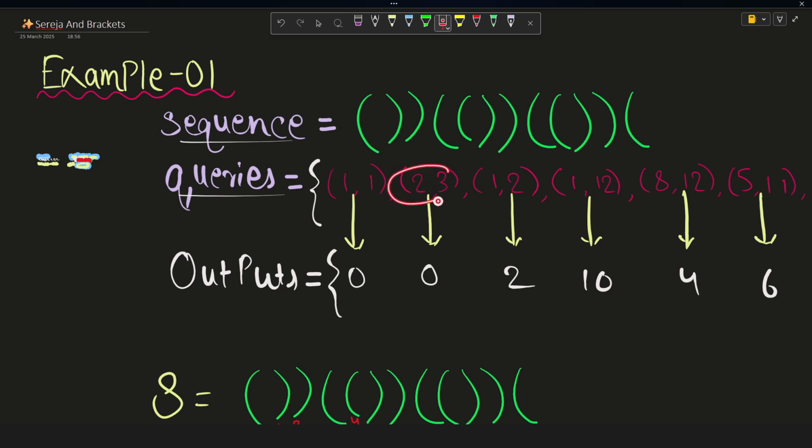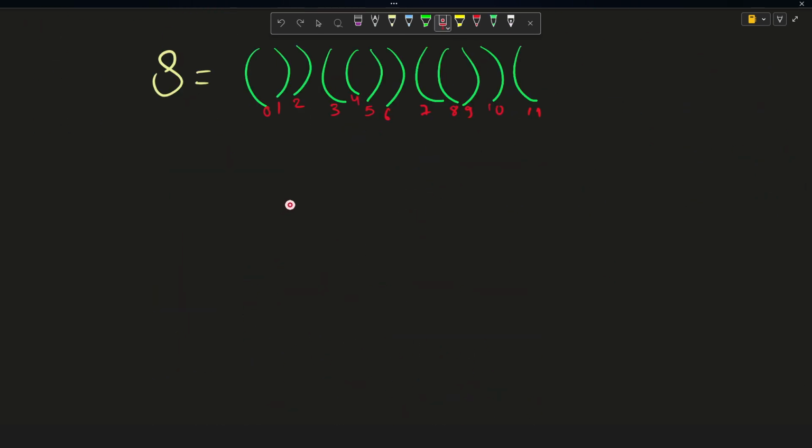So in the next query, it is from 2 to 3, that is from 1 to 2 in 0 based, right? From 1 to 2. So now if I try to draw the second part of the query, that is from the first index to the second index, then it would look something like this only, right? And as also clearly visible here, if we try to match up these brackets with their opposite ones, for this closing bracket there is no opening bracket,